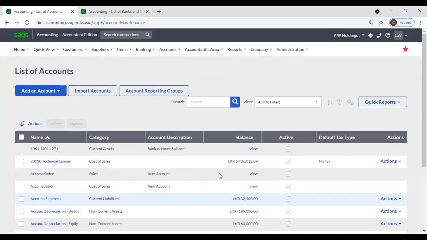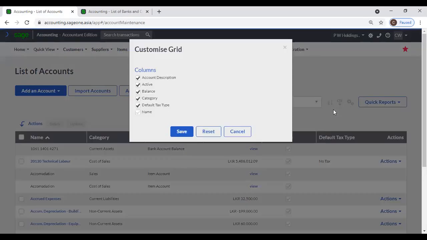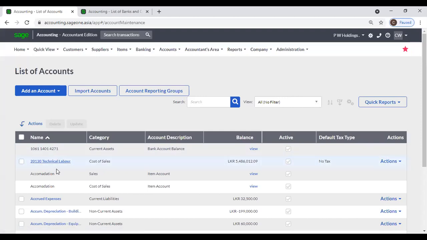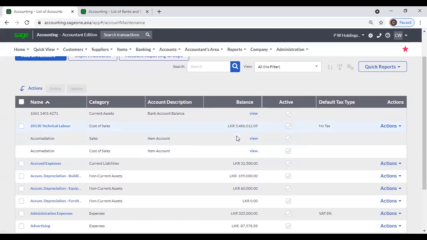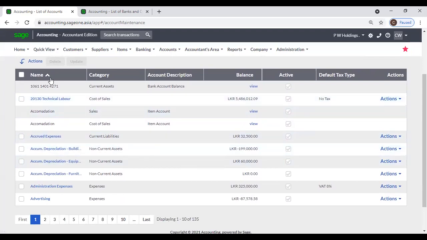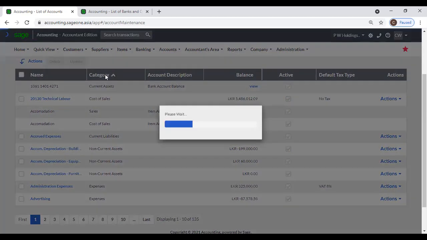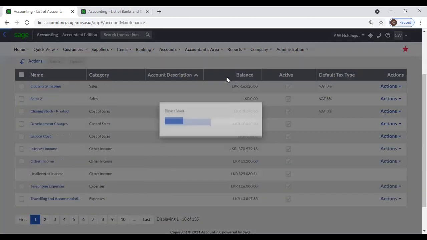From here, you can view that GL list of accounts. And if you want to customize this grid, you can customize from here. Click the customize grid button, and if you want to add any column, you can tick this option. And if you want to remove, you can untick that column. And you can view the GL account name, category, description, balance. And if you have any balance, the system will display it. And you can sort this grid by name, category, description, balance,